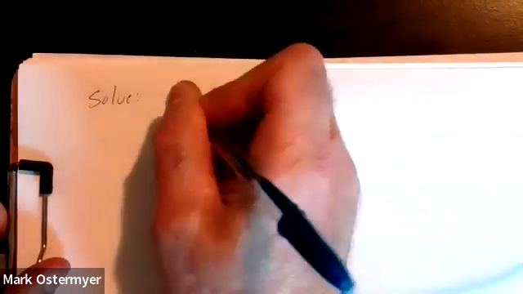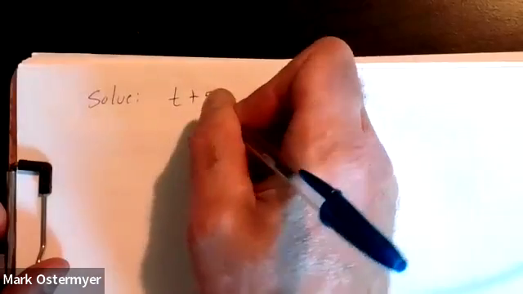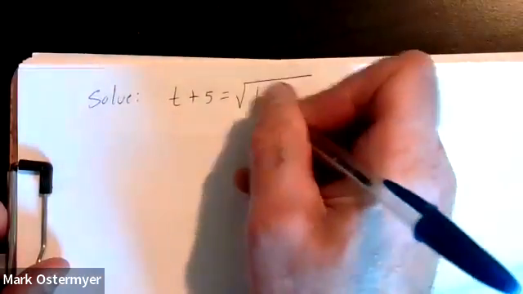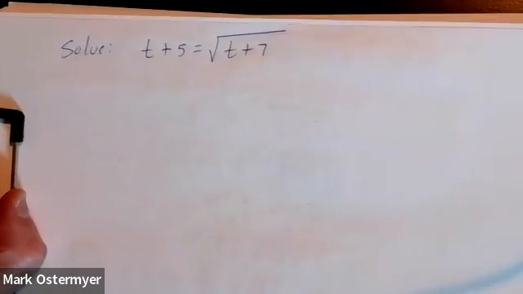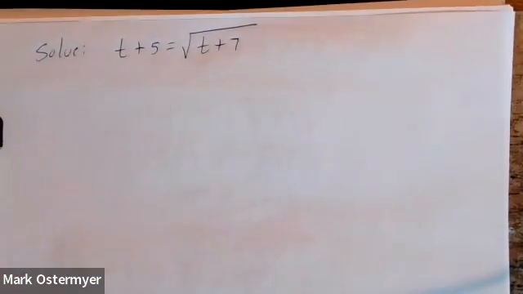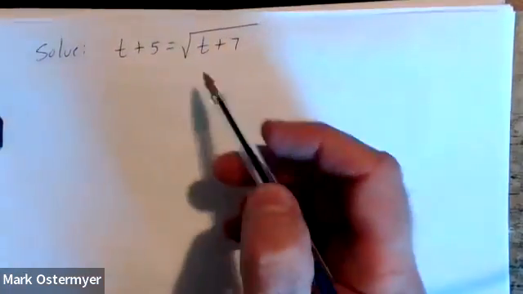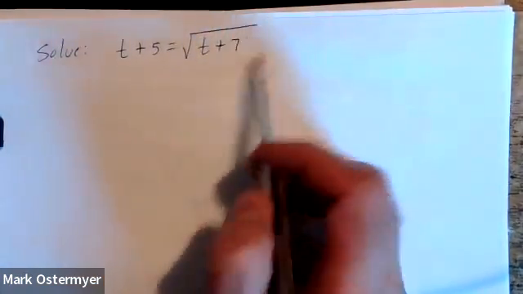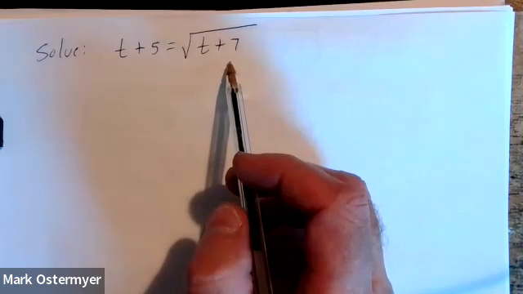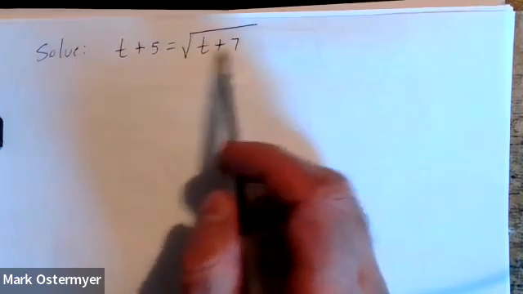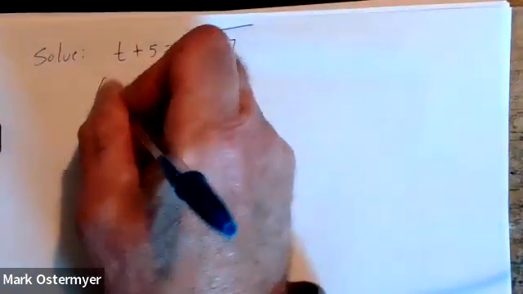Okay, let's solve another one here. All right, we're going to try to solve this square root or radical equation for the variable t. Notice we do have the square root isolated on one side of our equation. Because of that, we can take the square root of both sides of our equation to eliminate this radical on the right side. Well, I'm sorry, we got to square both sides of our equation to eliminate this radical on